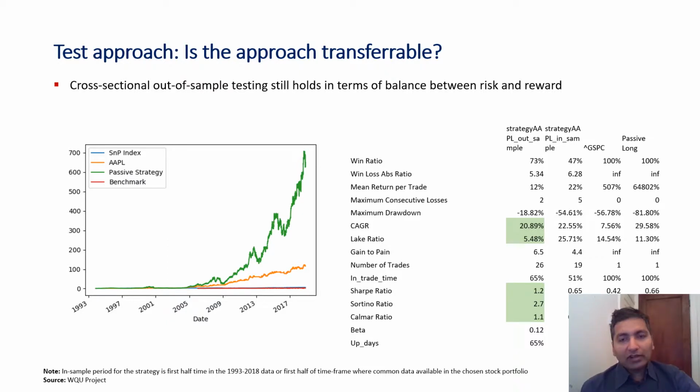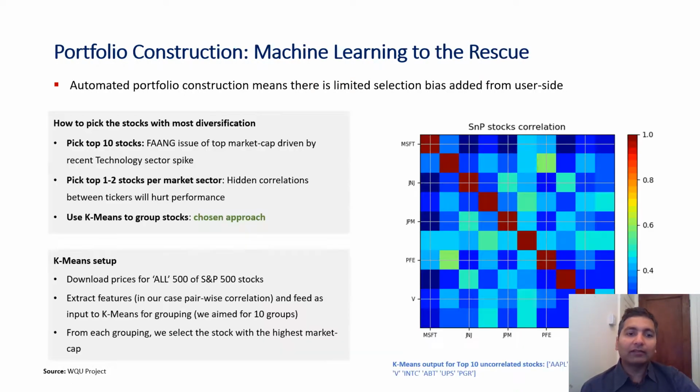Now, there is a variation of the strategy which can increase the performance even further because we pick the market money model for positioning, and we only invest 80% of our profits into any new positions. If we increase that to, let's say, 100% of profits eligible for position taking, the CAGR, especially in the out of sample, jumps up by a further 20 percent, which goes up to 25%. So on a risk reward ratio, this is slightly on the conservative side, but it's generating a lot of alpha in terms of risk versus reward balance.